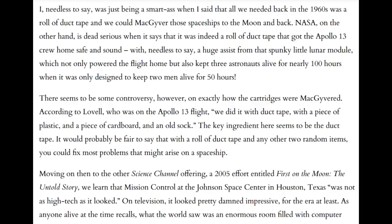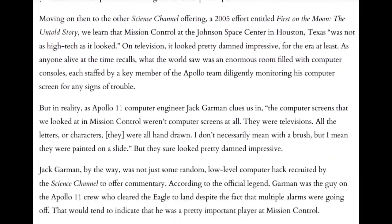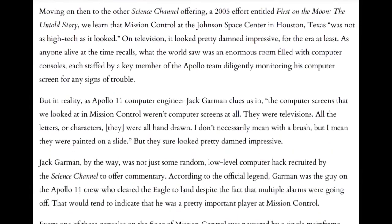The key ingredient here seems to be the duct tape. It would probably be fair to say that with a roll of duct tape and any other two random items, you could fix most problems that might arise on a spaceship. Moving on then to the other Science Channel offering, a 2005 effort entitled First on the Moon, The Untold Story,